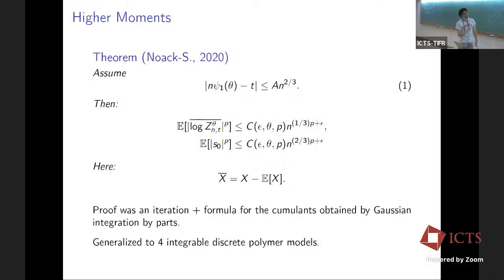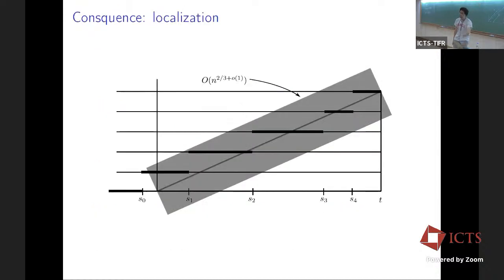Okay, so just maybe one remark. When this came out, the new result that you could get from this is you could get localization across the entire path, because since you were able to control all the moments, you were able to do a union bound and show that if you allow yourself an n to the epsilon error, then the path is concentrated along all levels within n to the 2/3 from the straight line. Okay? So that was a new result at that time. But as I said,